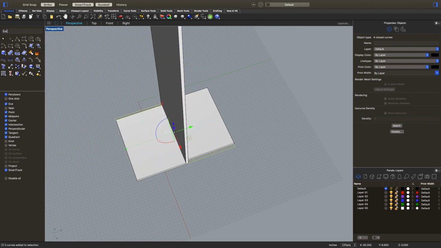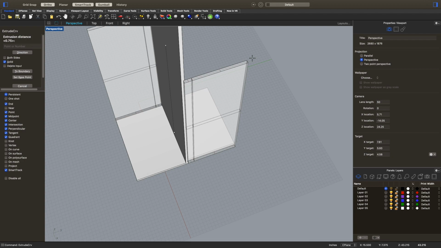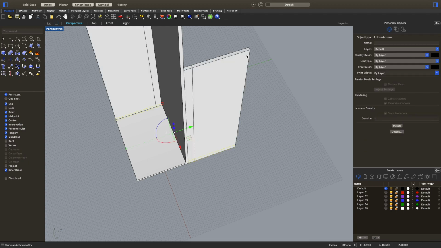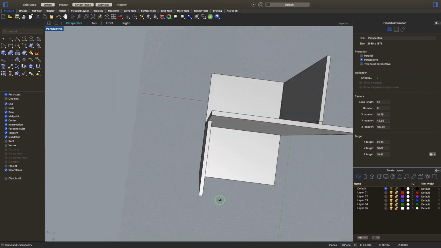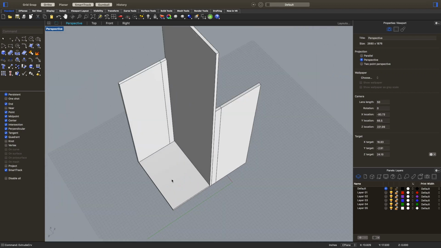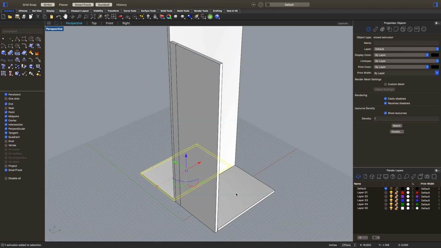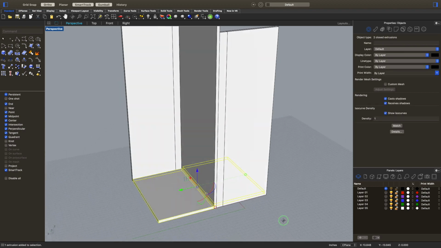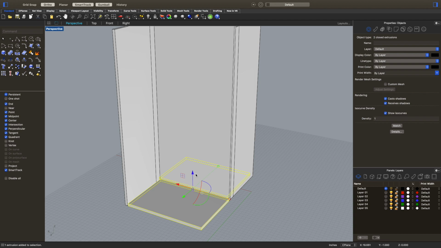Now I'm going to extrude those curves up 48 inches. Okay. And then I'm going to move both of these up by clicking on this. I can just click on this up button here, and I'm actually going to move it up